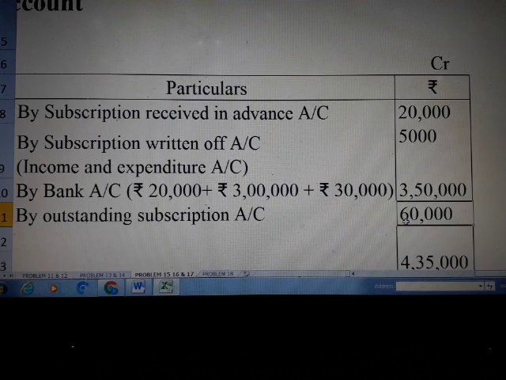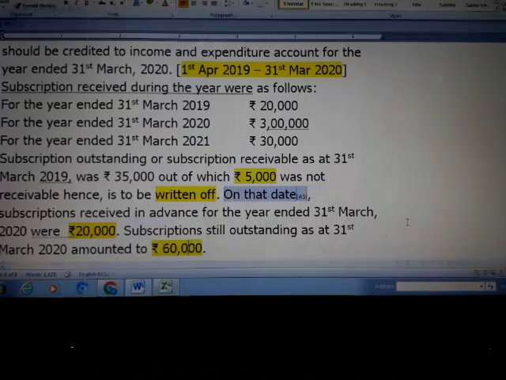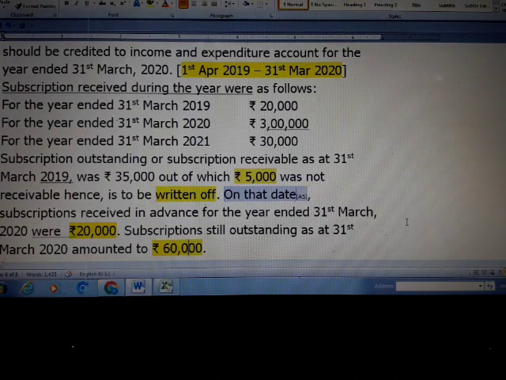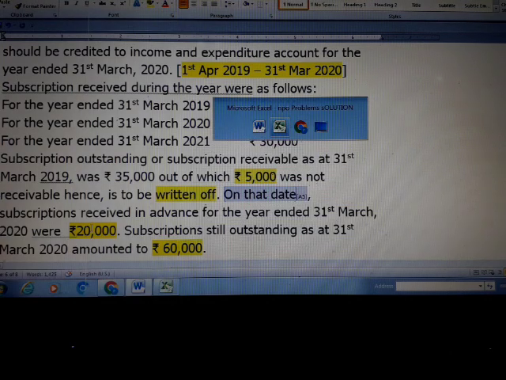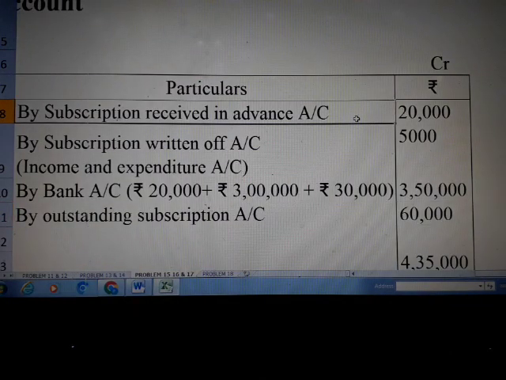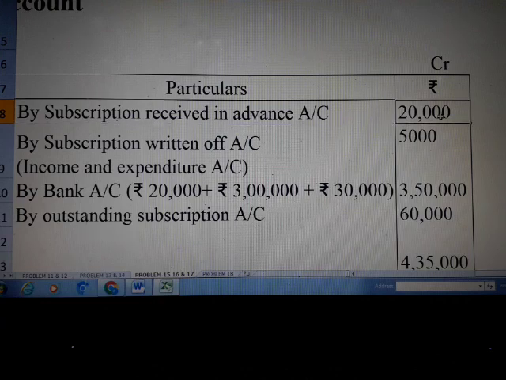Now what I have to do is bring in any advance subscription which I got in the previous year. Yes, I do have it here. There is an amount of rupees 20,000 which I got as subscription during the previous year 2019. So this amount of 20,000 will be taken to the credit side of my subscription account. So in my subscription account, I am mentioning subscription received in advance 20,000. Any doubt in these first three items? Right. Simultaneously, let me finish off my debit side also.